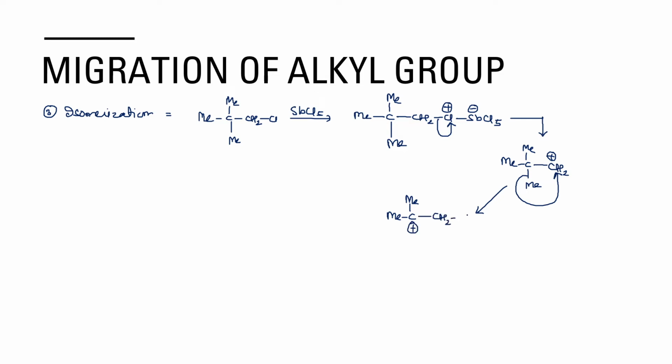Once this carbocation is created, then SbCl6 में से एक क्लोरीन इसके साथ रिएक्शन करता है, SbCl5 बाहर निकल जाता है, एंड वी गेट क्लोरीन टू बी प्रेजेंट एट अ डिफरेंट पोजीशन देन बिफोर। पहले यहां पे कहीं प्रेजेंट था, अब इस मॉलिक्यूल का ये आइसोमर बन चुका है। ओके, पहले 3 कार्बन का प्रिंसिपल चेन था, नाउ वी हैव अ प्रिंसिपल चेन ऑफ 4 कार्बन एटम्स। सो वी हैव ऑब्जर्व्ड एन आइसोमराइजेशन रिएक्शन टू हैव ऑकर्ड।